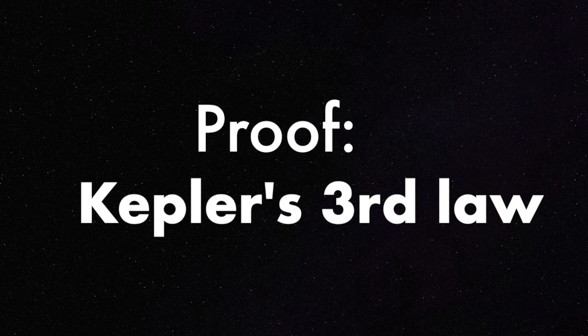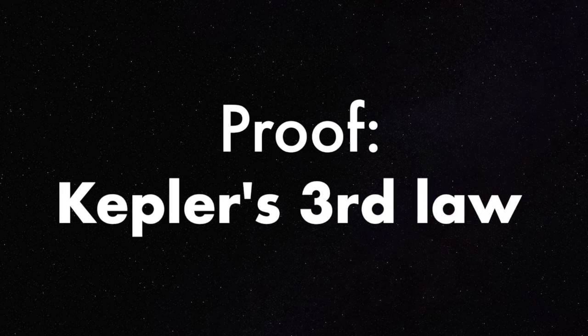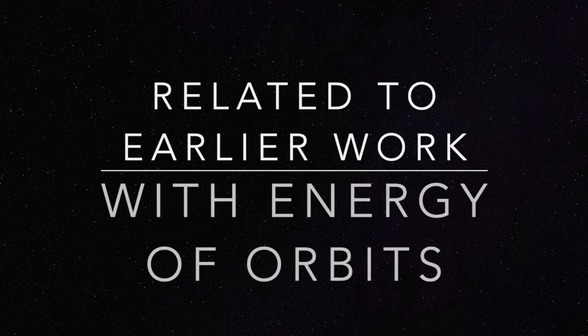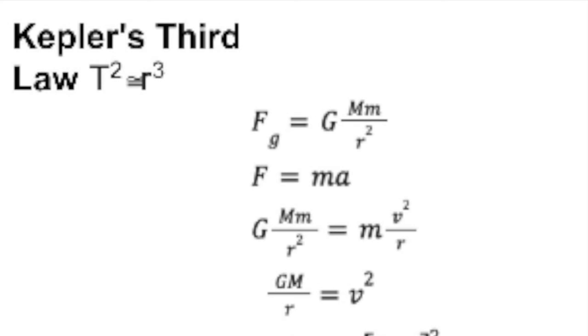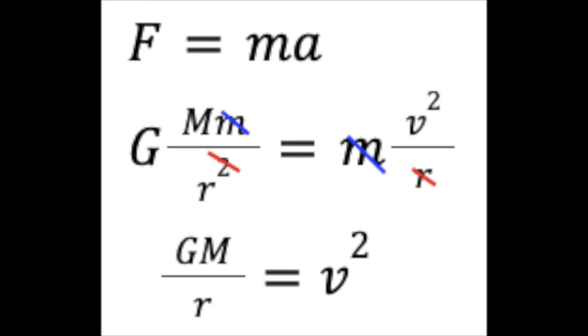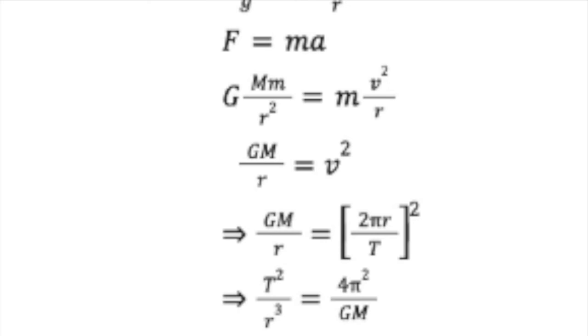So how do you prove Kepler's third law? Well, there is kind of a little proof that they actually do require you to be able to do on the AP exam, just because it's so simple. And it mirrors something that we did earlier when we looked at how potential energy and kinetic energy in circular orbit compared. So you set F equal to ma, and then you say that the force is equal to the gravitational force, GMm over r squared, and then you say since you're in a circle, you can set the acceleration to v squared over r. You can cancel out an r, you can cancel out little m, and you get to GM over r equals v squared. Plug in that v is equal to the distance over the time, so that's 2 pi r over the time to go around the orbit once.